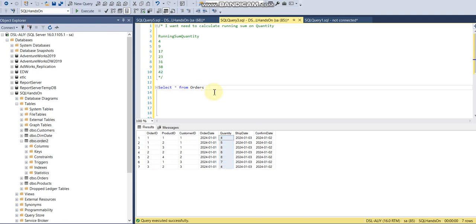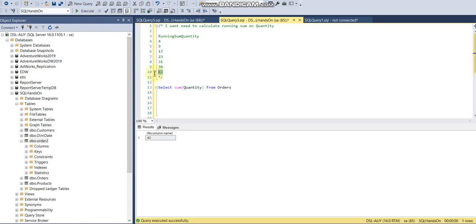We already learned that SUM is an aggregate function, like on quantity. If we sum up, it will return only the last value, 42, but we need to break it up. So what can we do? We already learned in a previous video about OVER. In OVER, we can pass ORDER BY,